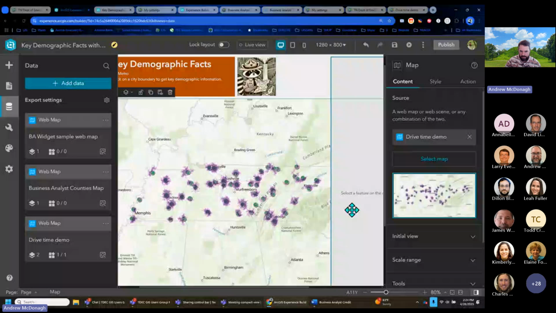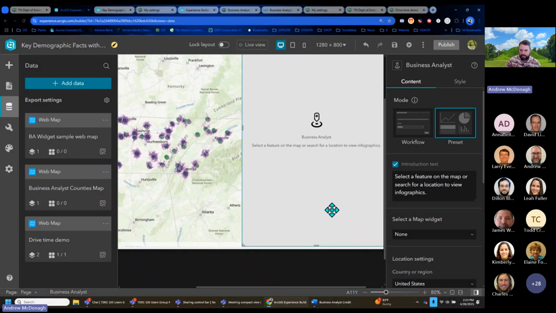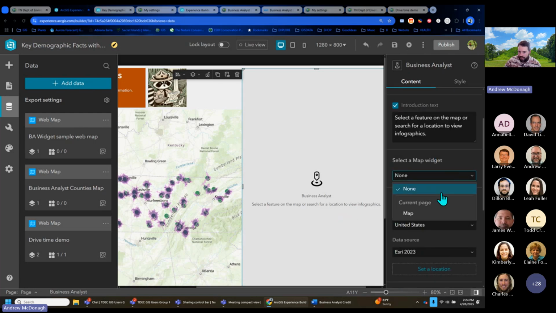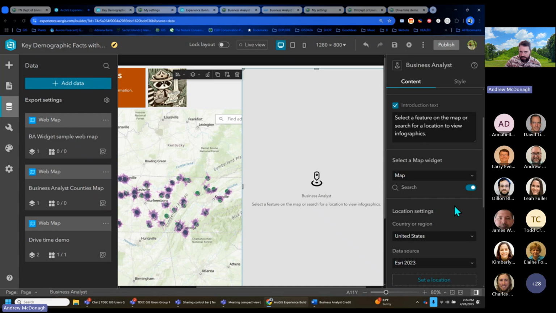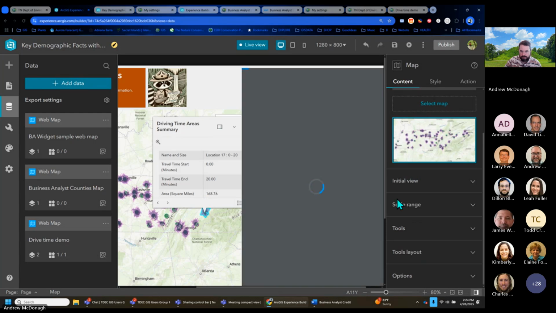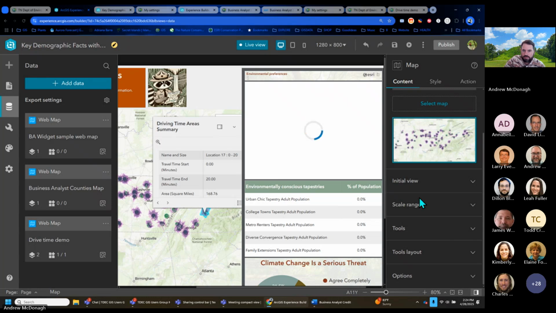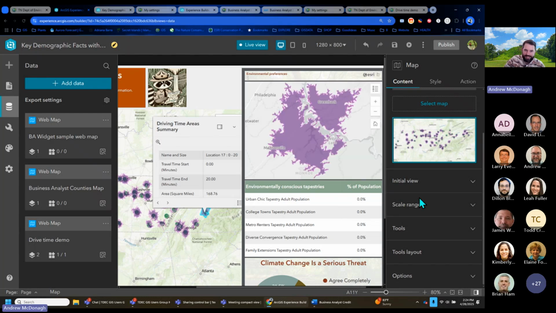And it's still saying select a feature on the map or search to view infographics. So that's pretty cool. When I do this, select a map widget, I'm going to change it to map and let's see if it works or not. So cool. This is your preview. It zoomed all the way to a certain set extent of that drive time radius from Fort Loudon, and